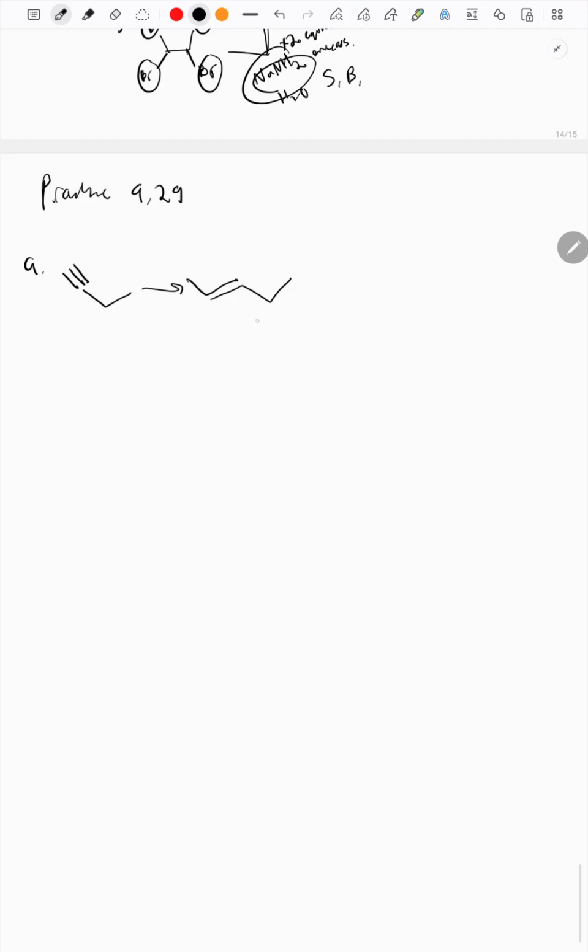If we want to do that, we could just do acetylide alkylation. If there's a hydrogen here, you could just react with NaNH2 and NH3. Basically that turns it into this. Now what do we do from there? We can react it with